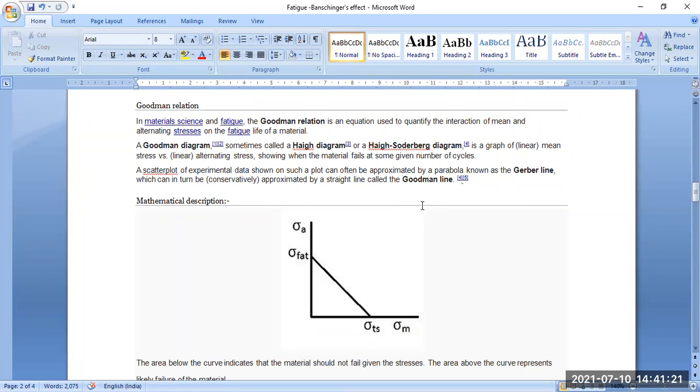A Goodman diagram, as used below, sometimes shows that a Haigh diagram or Haigh-Soderberg diagram is a graph of linear mean stress versus linear alternating stress. You see, when the material is at a given number of cycles, a scatter plot of experimental data shown on such a plot